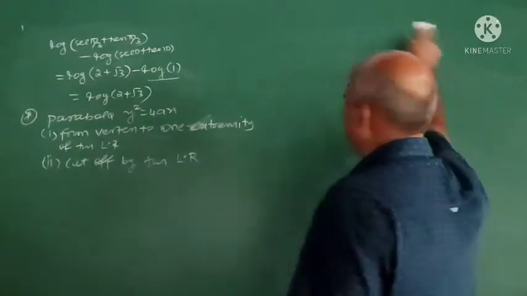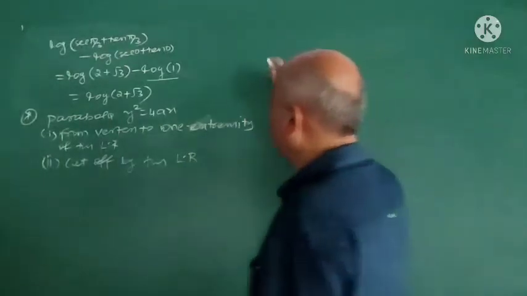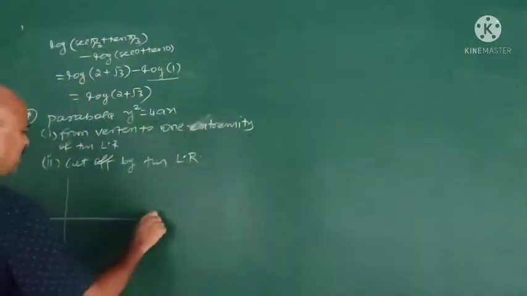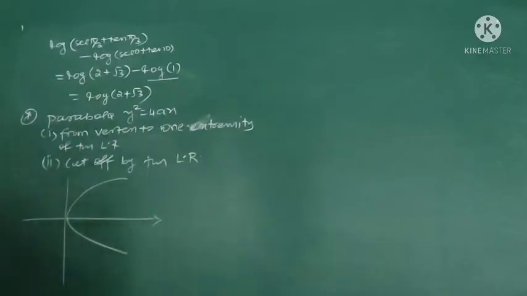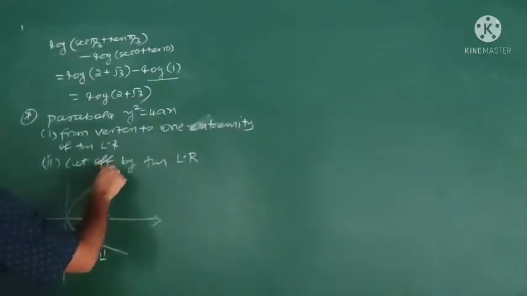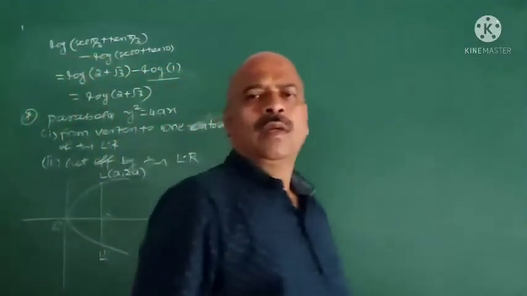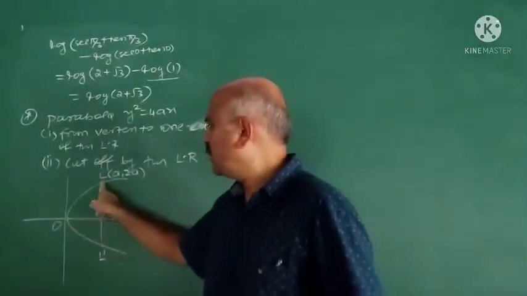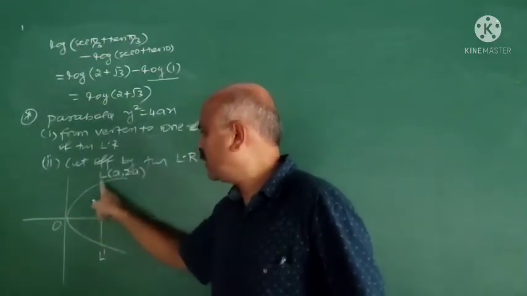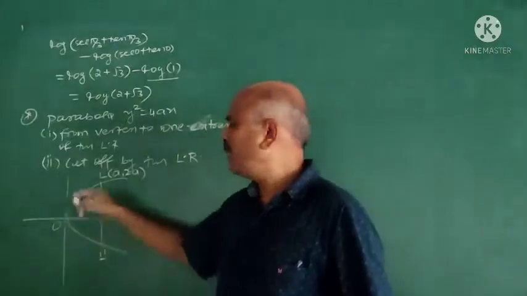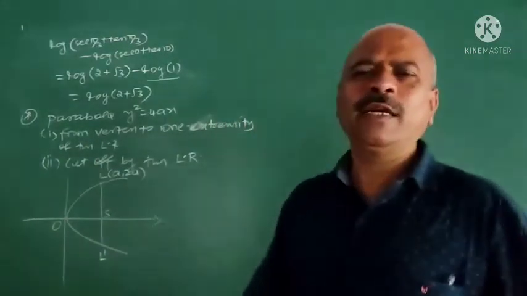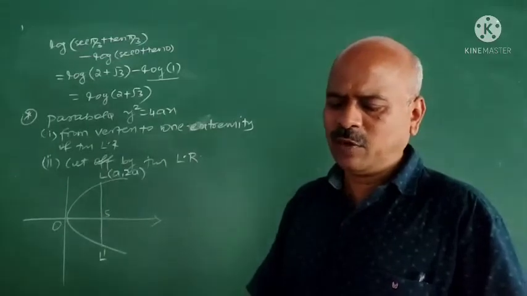Equation is y square is 4ax. You know the shape of the parabola here, y square is 4ax means first standard form, it is like this. This is the latus rectum. Of course it is symmetric. These two portions are the same. L dash is this. What is one end of the latus rectum? A, A. This is the vertex. So it is O S L. First part is this length only, O S L. Second part is L O L dash. Cut off by the latus rectum means L O L dash. How to get the second part? Double the first one. So to find the length from vertex to one extremity is important.